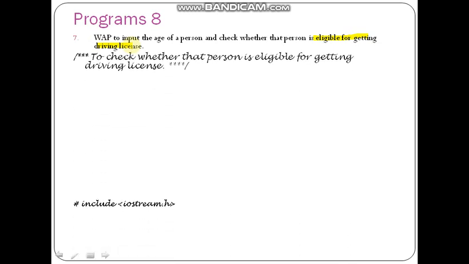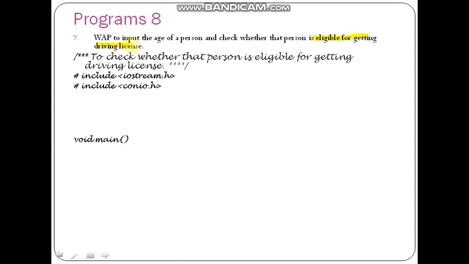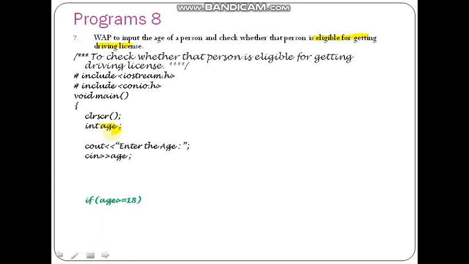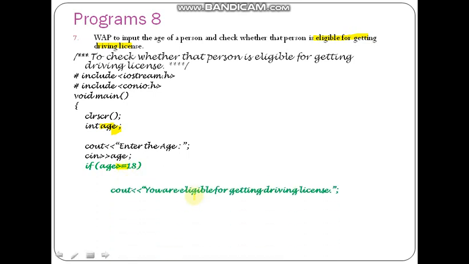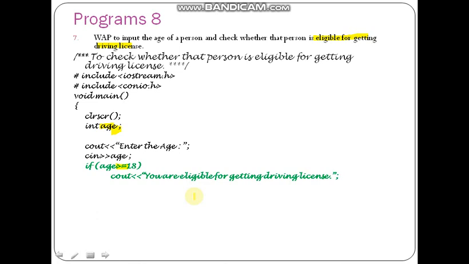We have included the header files. Now within the main program we are writing the statements for that. Here I have used a variable age for holding the age value. Ask the user to input the age, then that is accepted to age. Now we need to check if age is greater than or equal to. Remember, greater than or equal to needs to be written like this, greater than and then the equal sign. Then 18, then we display you are eligible for getting the driving license.